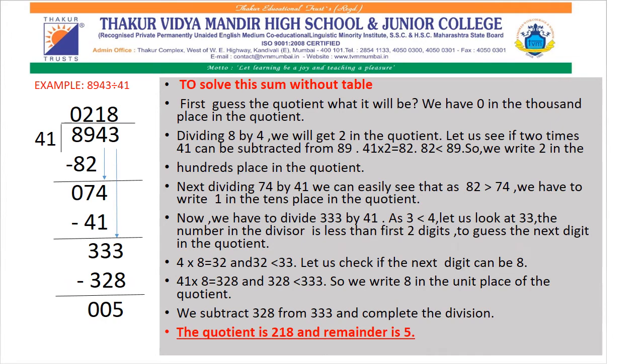Yes, children. In the first part of this lesson, we have already learned how to do multiplication, and we have seen how to do the division of big numbers with two-digit divisors, like 25, 35, 47. For that, we used the table formation method. That is, we first wrote the tables of the divisor, and from the table we did the division. Correct? Now, in this part we are going to see how to solve this without using the table.